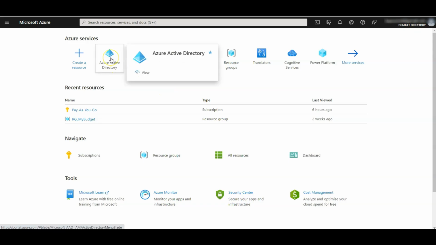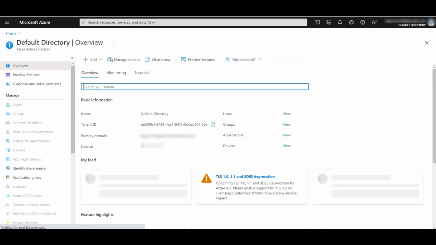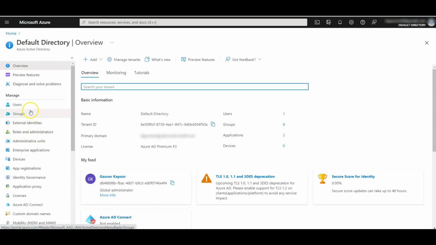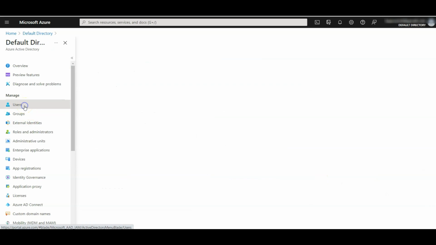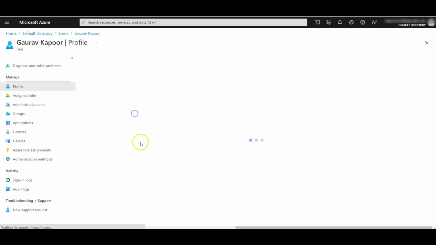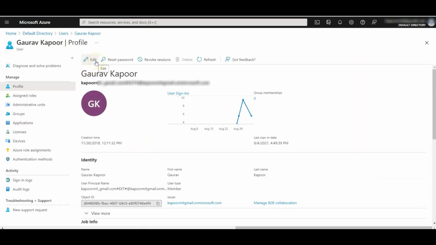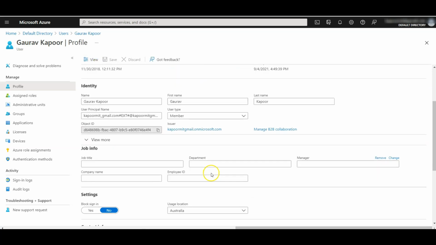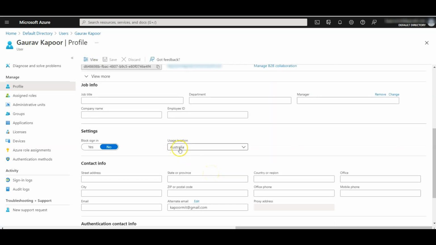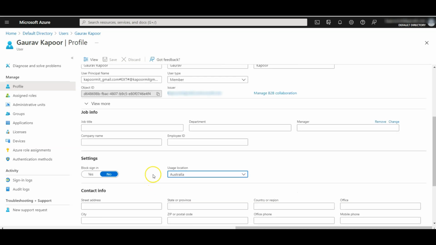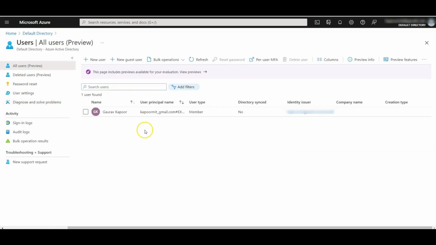Let's go to Azure Active Directory. Alright, then go to the users, click on your username, click on edit, and see this usage location should be set. So you can select that and click on save. As my usage location is already set here, I don't have to do anything. All right. Now click on new user